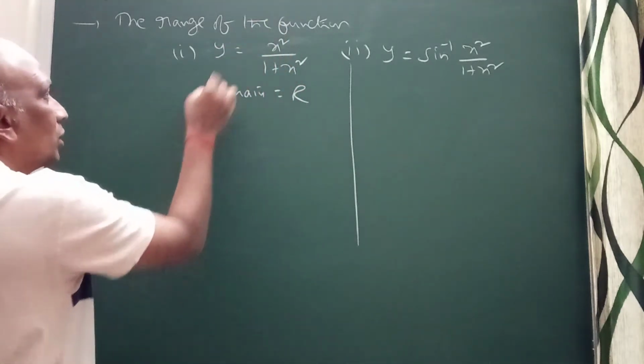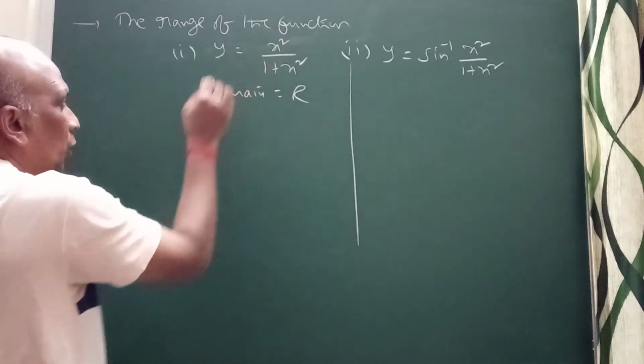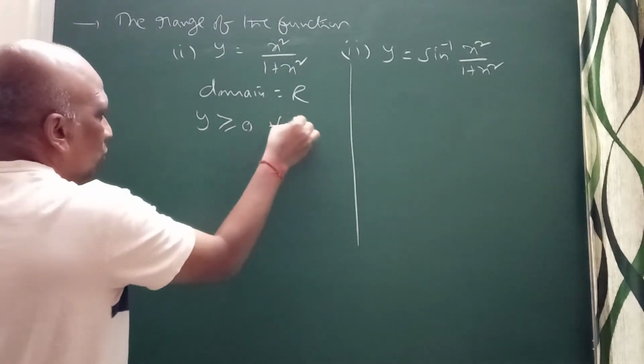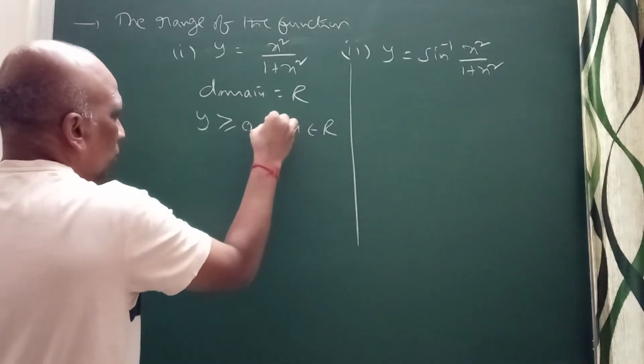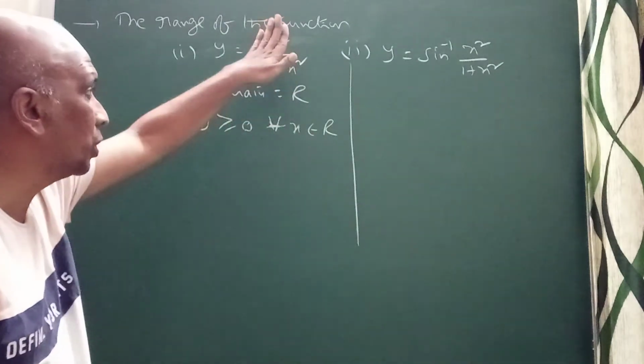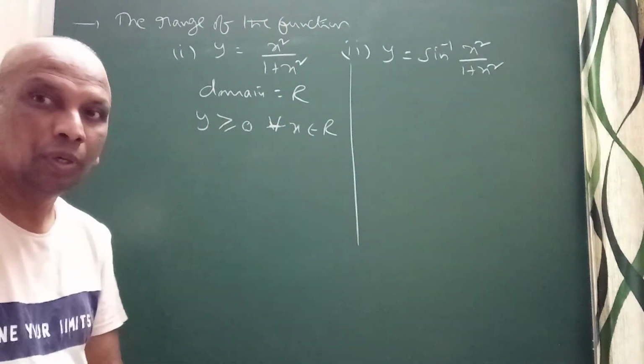What about this one? You can see here, when x equals 0, it will be 0, right? Definitely y ≥ 0, no doubt, for all x belongs to R, right? So definitely it's positive, greater than or equal to 0. When x equals 0, this will be 0. Otherwise, greater than or equal to 0. Now,